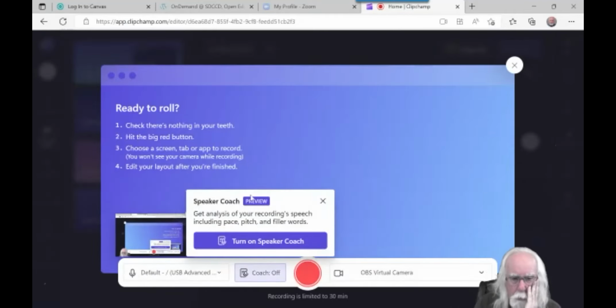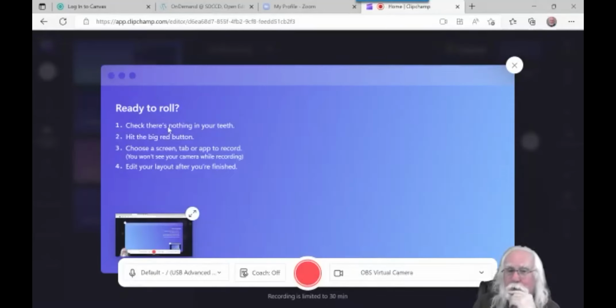I get this little recorder. It offers me a coach. To that I say, don't need no coach. It does give you some good advice here. Make sure there's nothing in your teeth before you start. If you're recording your webcam and the webcam is pointed at you,